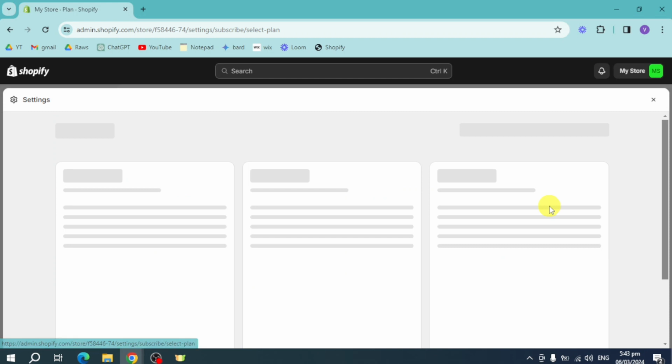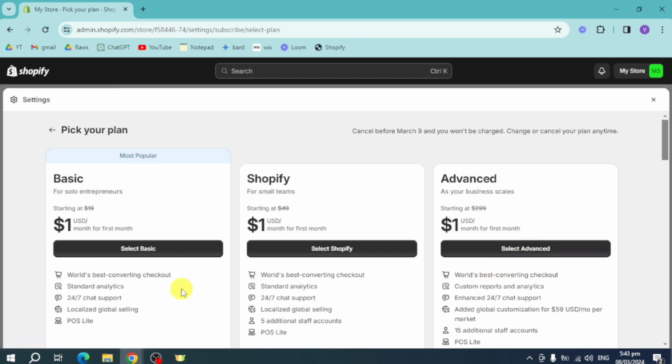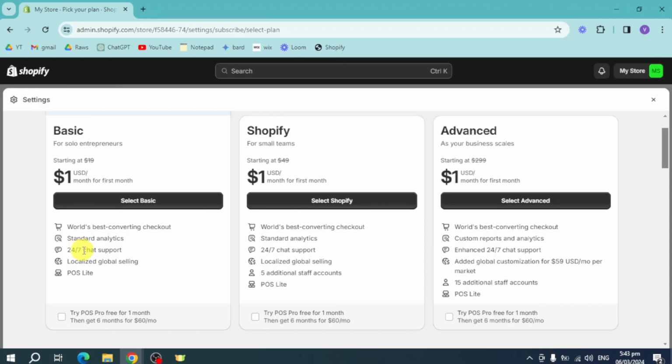And then from in there, you should be able to see the plan that is applicable for you. Like for example, this Basic, the Shopify, and Advanced. So just see their actual description right here. As you can see, this Basic starts at $19, for the second one, and they have 5 features, while this starts at $49 and they have more, and this one starts at $299 and they have a lot